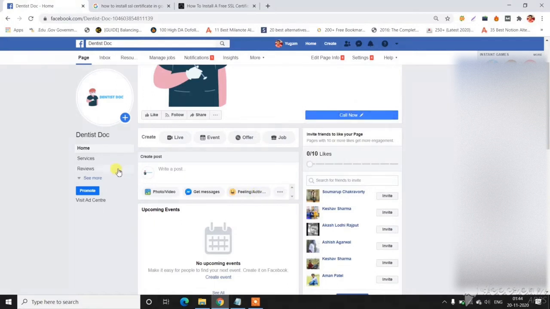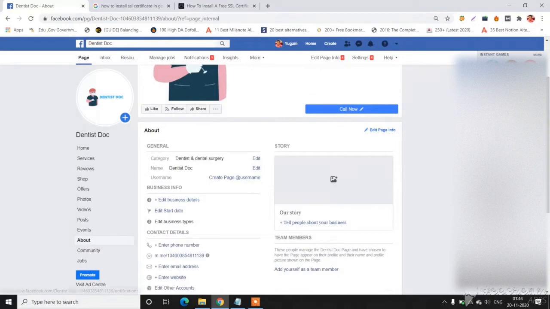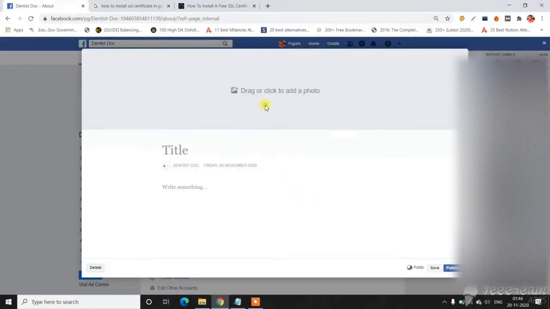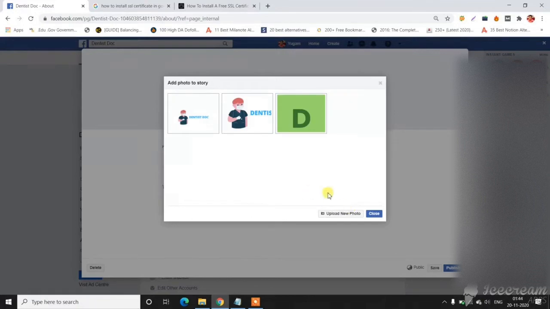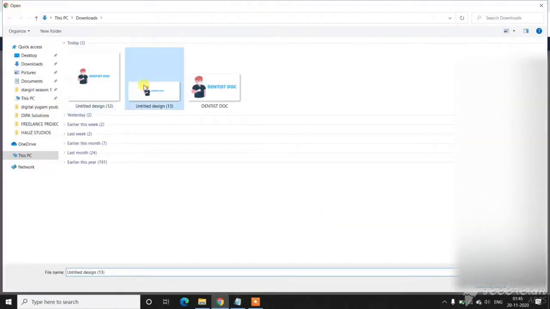Now the next step is click on this about option, and then you can see here there's an option of story. Now use this field to tell something more about your business. First add a photo to make it more catchy.